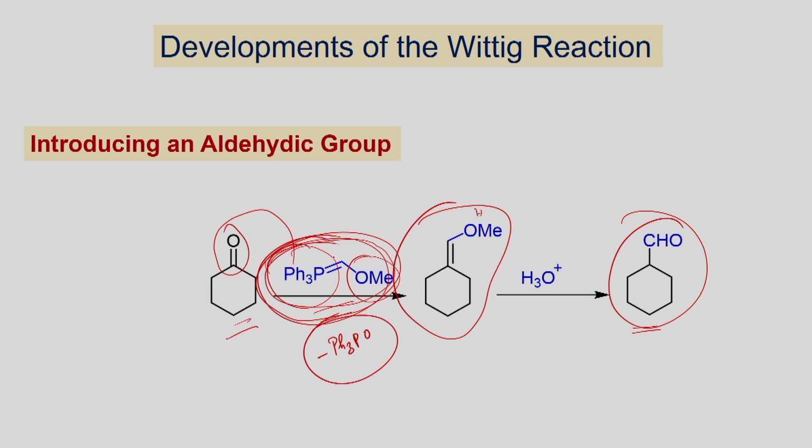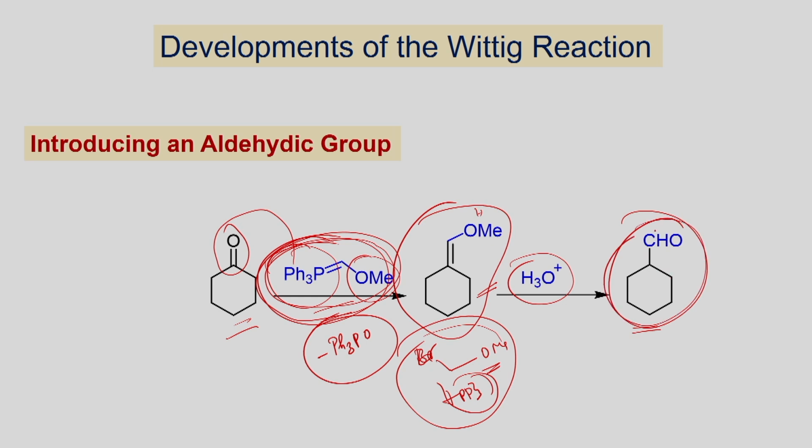if you have the corresponding halide. For example, if you have the bromide, and if you have the triphenyl phosphine, you can make the salt. Once you form the salt, you can also deprotonate, and then you form, as we have seen, the ylide. Once you form the ylide, now it can undergo reaction, as we just saw. You get this ether derivative. Once you form this one, when you do the acid hydrolysis, it can lead to the formation of aldehyde as the product.